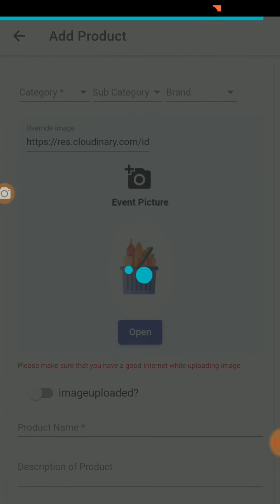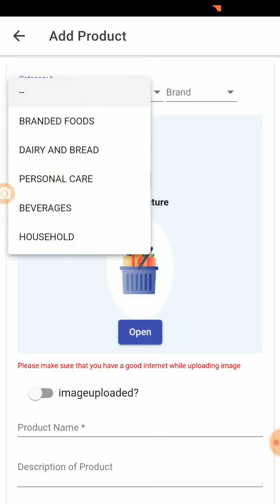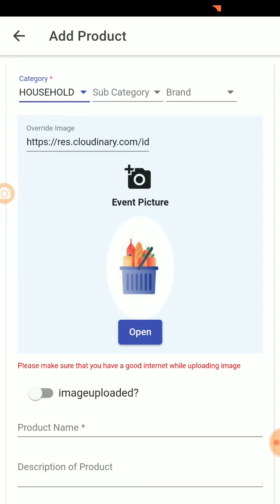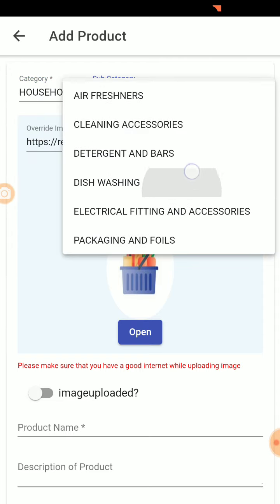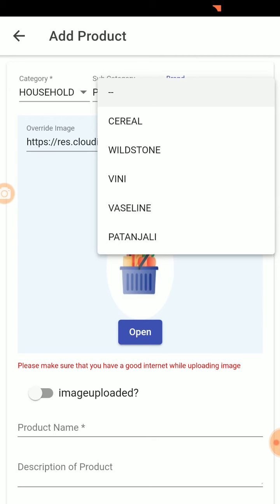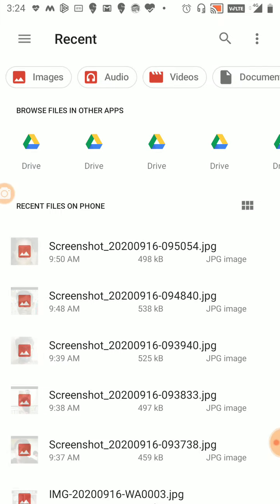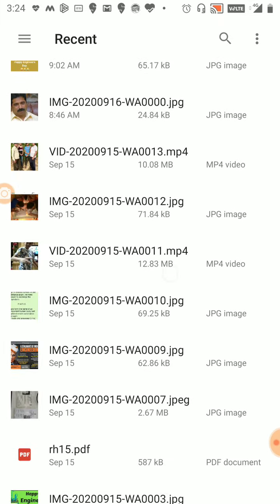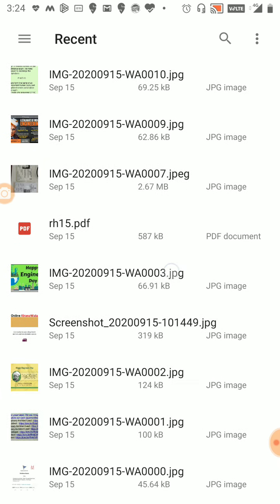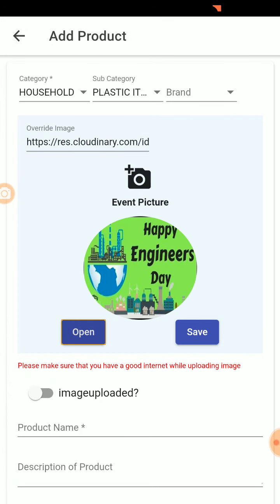If we want to create a product one by one, you have various different categories. So let's create household, then we can create a plastic item. Brand is not mandatory, so I will not put a brand. I can see if I have any image available. As of now I will be putting this image.